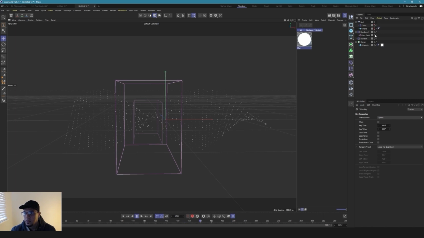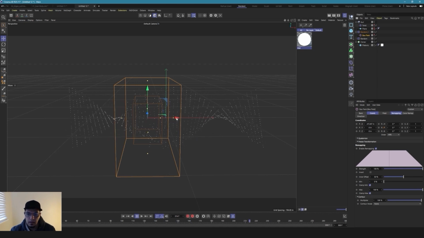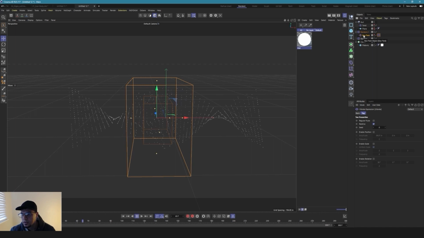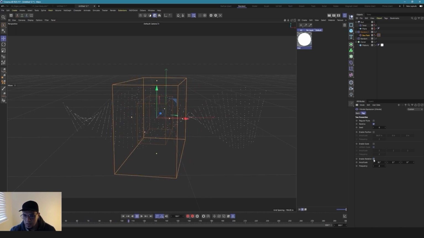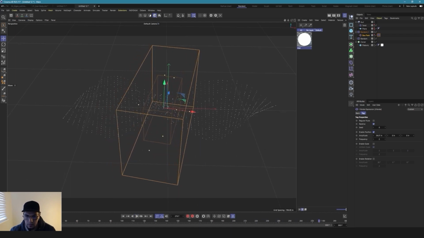Okay. And then for the random effector, now it's doing its job, but I don't like how it's just sitting there. I want to animate it, but I don't want to manually move it. What I'm going to do is add a thing called a vibrate tag. The vibrate tag will just add random animation to whatever you place it on. You can put it into your rotation, scale, or position. I'm going to put it in my position. Okay,